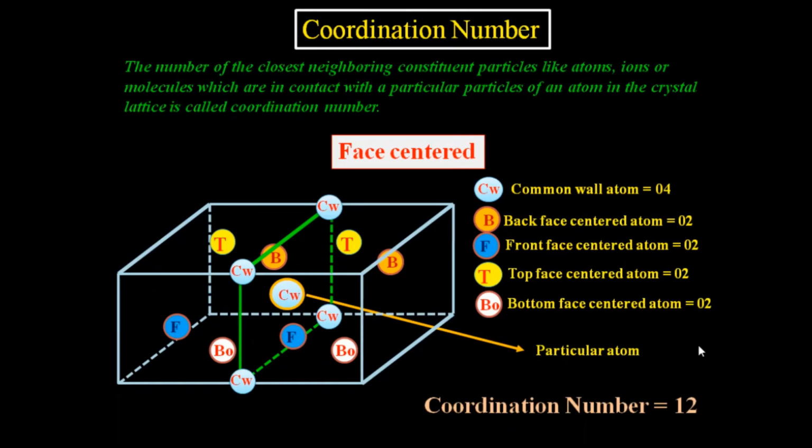Okay guys, here we discussed the coordination number before starting the packing of particles in crystal lattices. Then we move to packing of particles in a crystal lattice. In order to understand the packing of the constituent particles in a crystal, it is assumed that particles are identical hard spheres. Here we assume that all the particles, they may be atoms or molecules, but here we consider them as hard spheres.